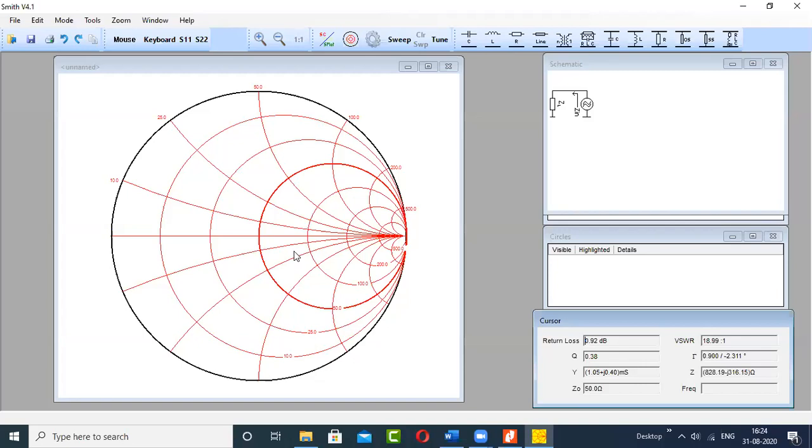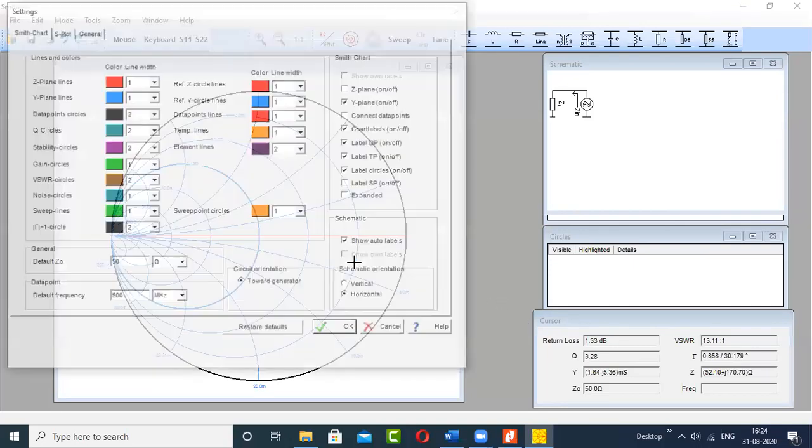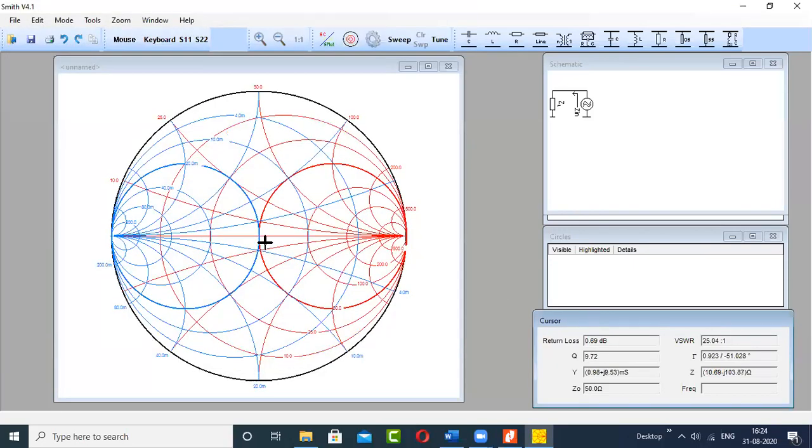Okay, it's like this. We'll use this Z and Y here. Now the first step is what? You have to plot the impedance. Actually, it's not required, but since we do this, it's better that you plot it. Click the tab, the board tab. And now, with the help of the keyboard, feed the impedance, whichever information you are having, like impedance, admittance, reflection coefficient, whichever information you have, that you have to feed.